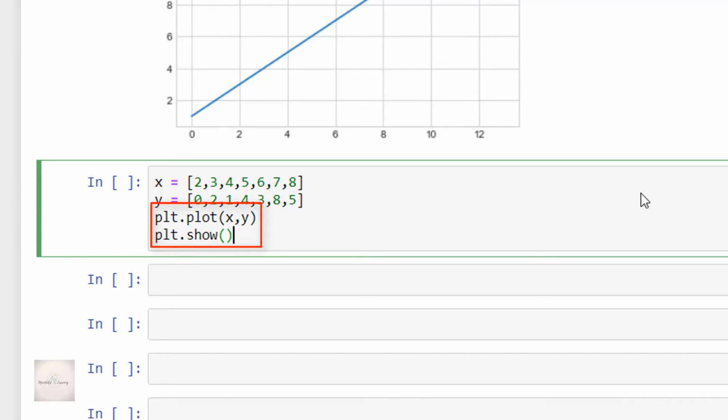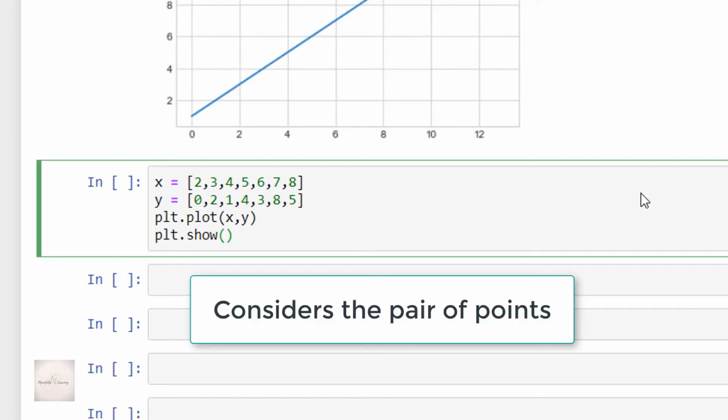So what the system will do is consider the corresponding values of x and y for plotting the points like (2, 0), (3, 2), (4, 1), (5, 4), (6, 3), (7, 8) and (8, 5). It will display the values as a series of data points as markers, and then it connects those markers with a straight line. That means it is considering the pair of points to create a line plot.